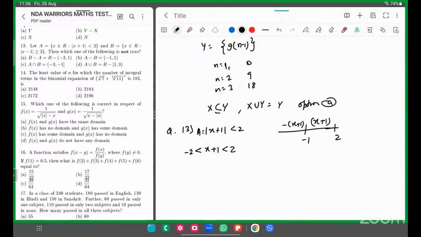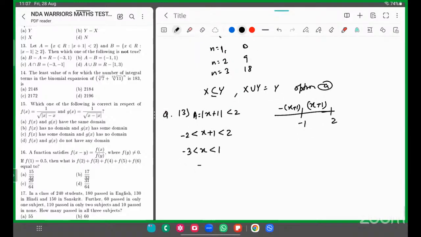क्या बोला, रियल नंबर्स के बारे में बात किया है। which of the following is not true? चलो following, रियल नंबर्स की बात कर रहा हो तो यहाँ से आ जाएगा -3 से ग्रेटर एंड 1 से लेस, तो x का वैल्यू -3 से 1 आ गया है, ठीक है। x बिलोंग्स टू -3 to 1। चलिए, ये तो पहला पार्ट।